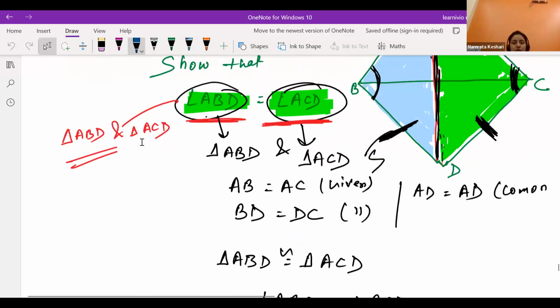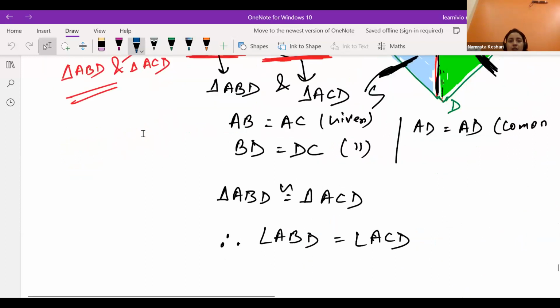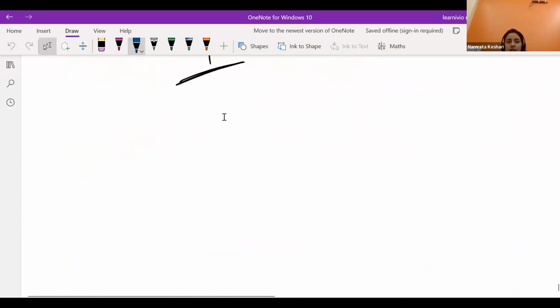So the converse of the basic proportionality theorem, we have still not discussed that. I told you I'll be explaining the theorem first, how we'll be proving it, and then we will start solving the questions, all the questions from the exercise. So the converse of the basic proportionality theorem says that